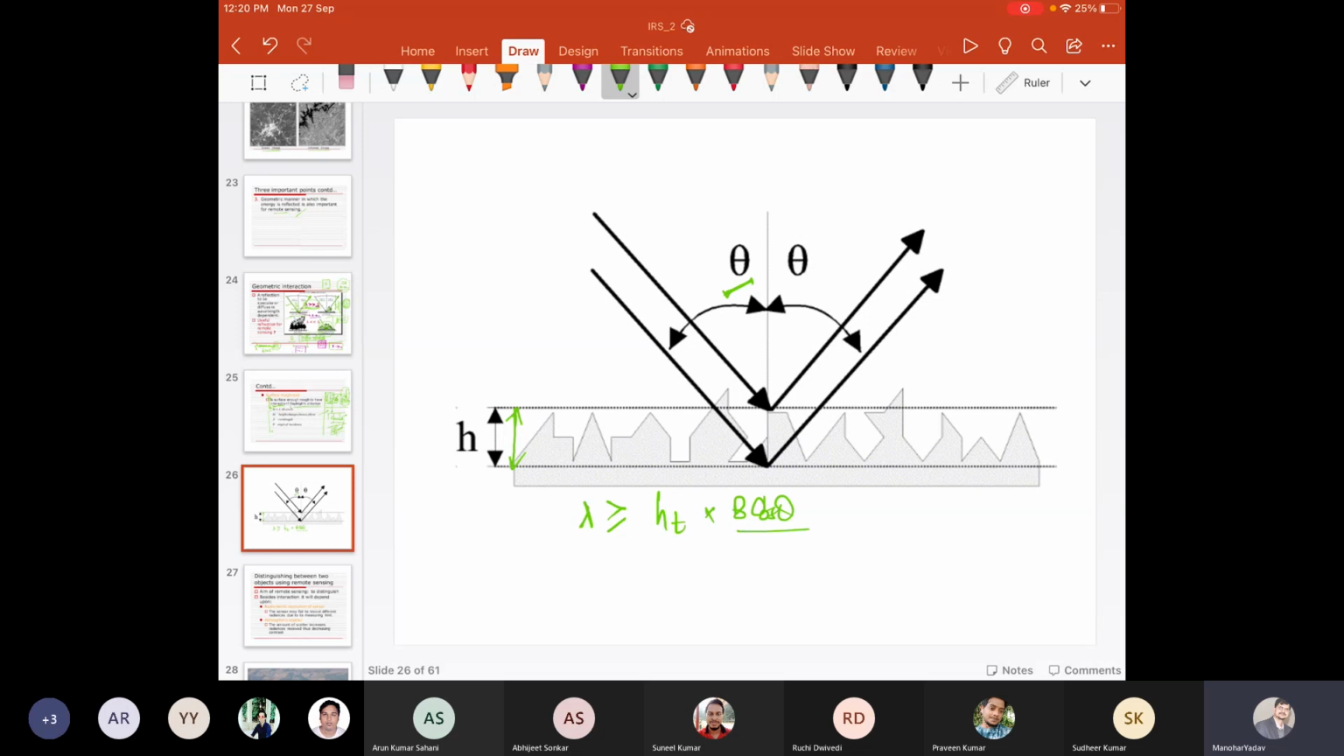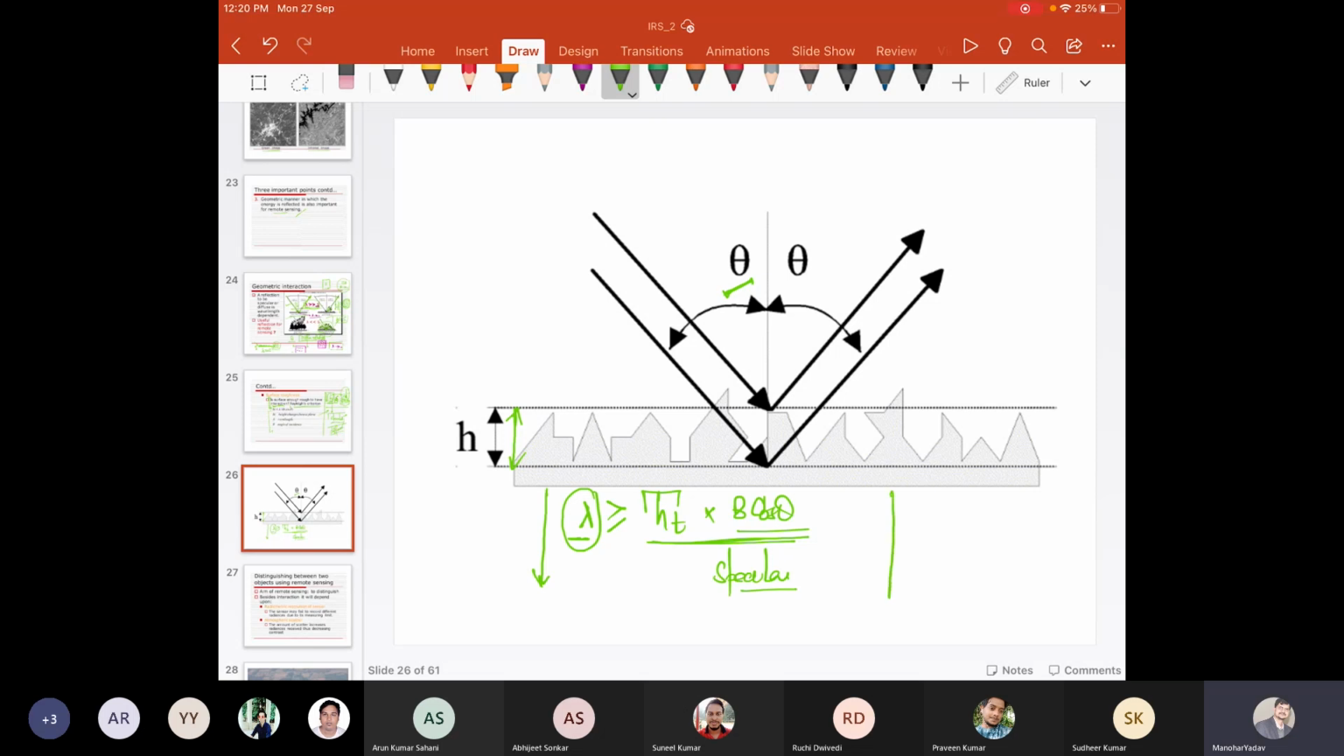If the wavelength is greater than h over 8 cos theta, in that case what will you have? The wavelength is larger, so we'll have a specular reflection. For the given h, if you want to have a diffuse reflection, what you need to do is decrease the wavelength. Or what you can do is